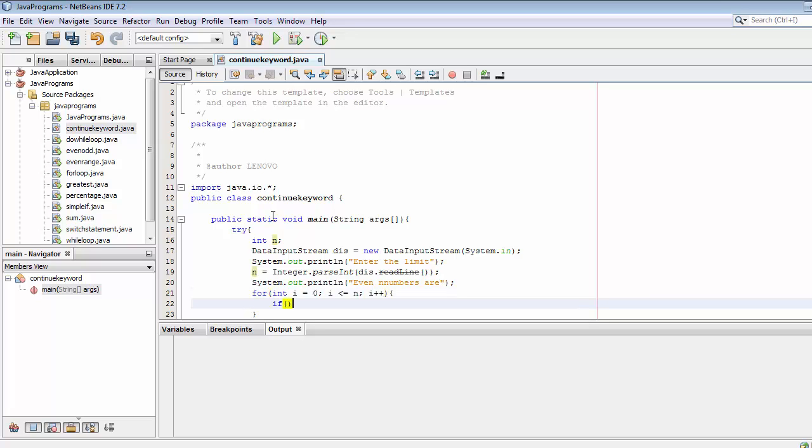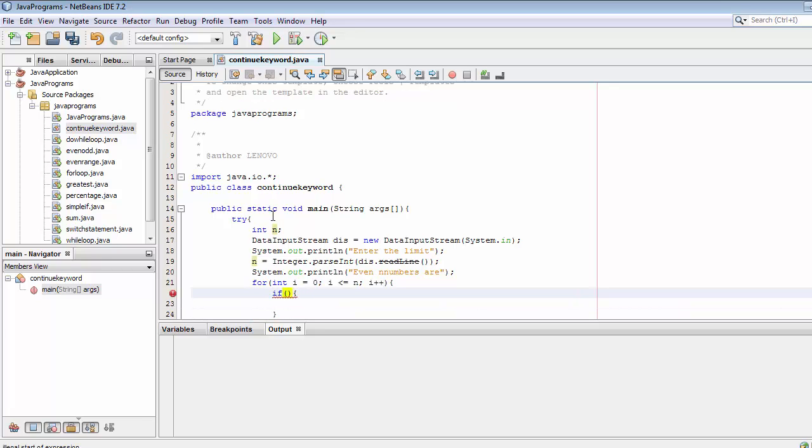Here I will use an if condition to get only those numbers which are even. So if i mod 2 is equal to 0,